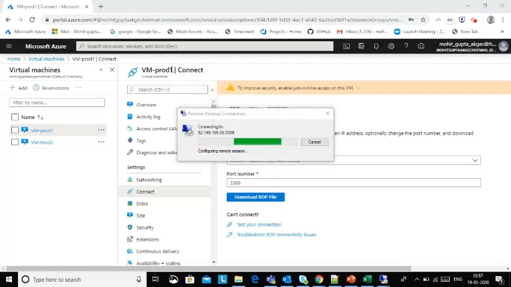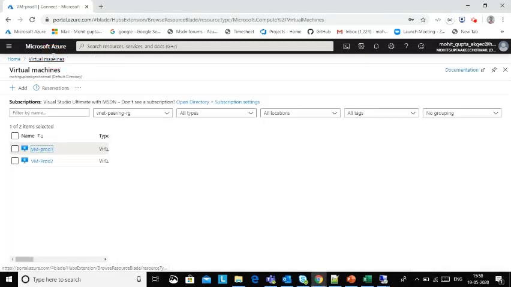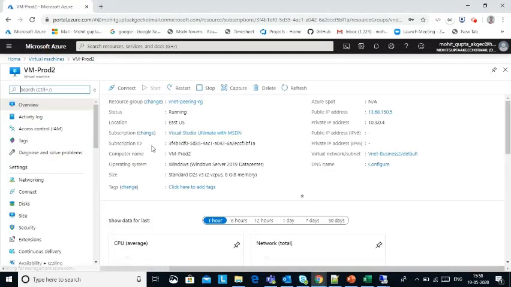I'm connecting to prod 1 using the global IP, and then I'll try to connect to prod 2 with this private IP address.